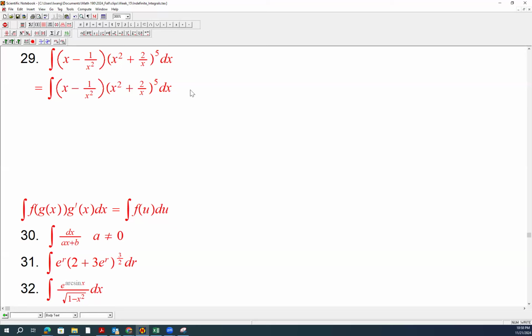I think, okay, so here is the power, right? So we want to make it simple. So we're going to let u equal x squared plus 2 over x. So that way du will equal 2x